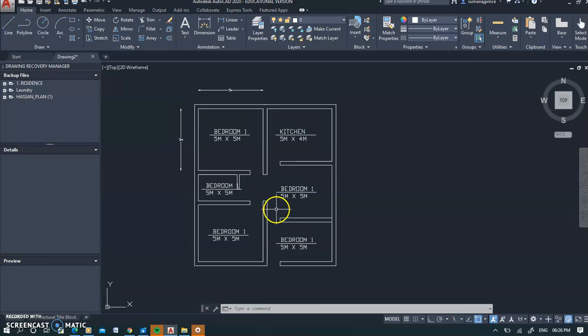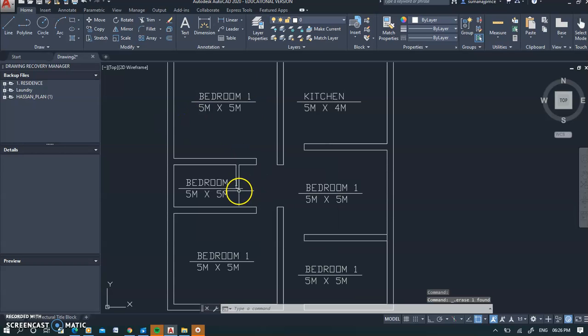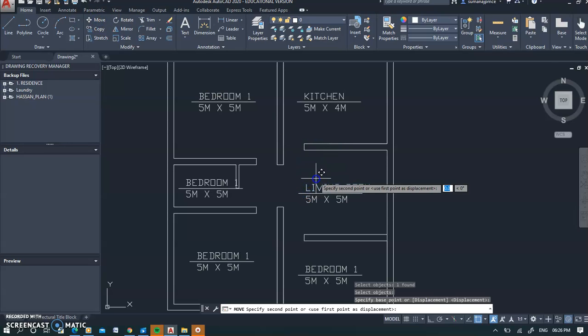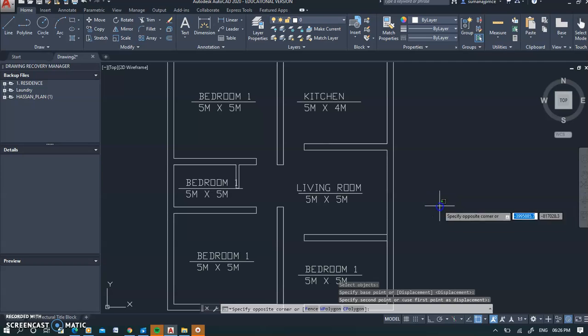So we are in drawing plan part 2, and this is where we had stopped in the last class. We'll just delete the lines that are not required. These dimension lines we don't require. And what I asked you to do is change all these dimensions, the lettering, to small letters. So let me make it caps lock, living room. Okay, and you change the measurement as well. You can move it